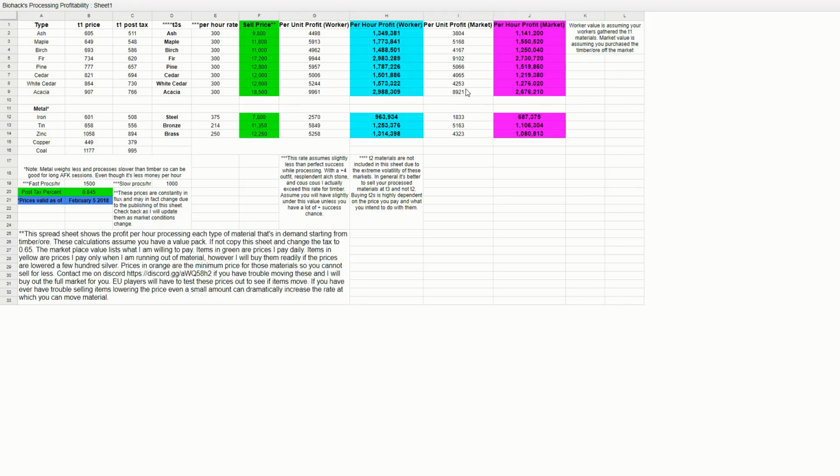So this shows two things. One, processing from the market is profitable. Like I said, it's profitable. You can buy from the market. Don't worry about it. Two, your workers bring about 200,000 to 300,000 silver of materials every time they bring in enough for you to do an hour of processing, which really shows the profitability of workers, because if workers can